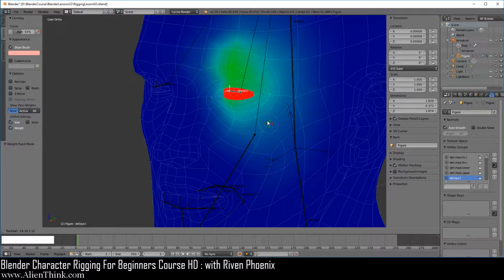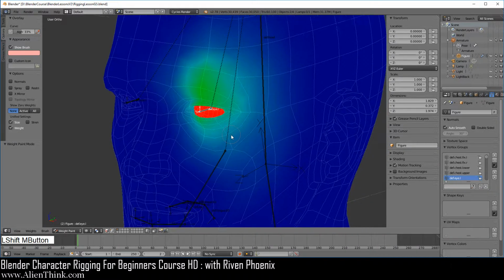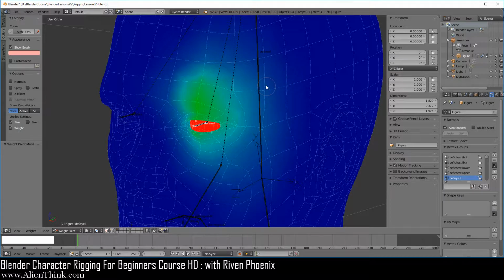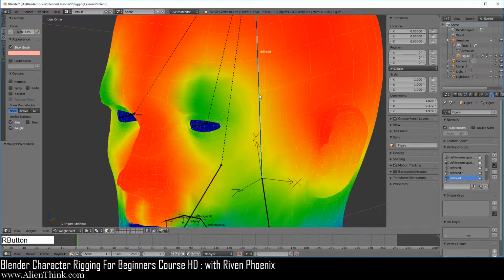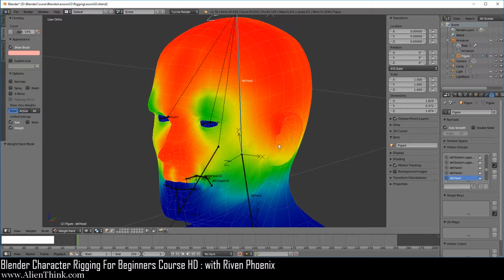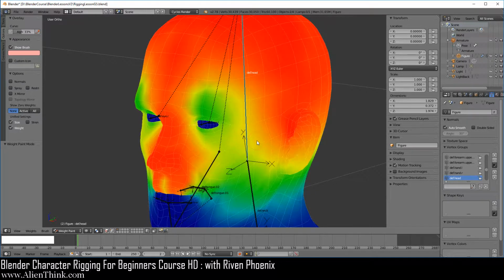So this is actually a pretty straightforward process. I'm going to right click to cancel the movement. Now when we do this, what's going to happen is that the eye is also going to become part of the head bound, and that's fine. We can simply select all the vertices and knock out the dev.head vertex group from the eyes. So let's go ahead and click on the head bound so we can see the actual vertex groups being highlighted.